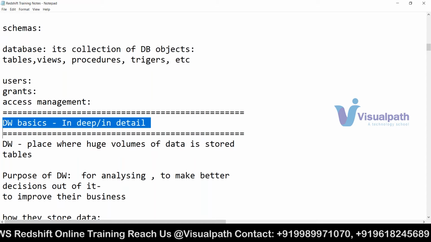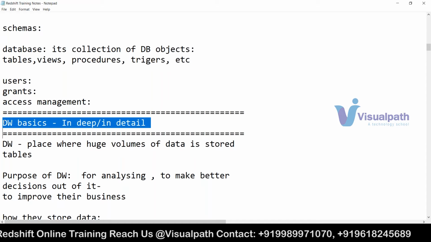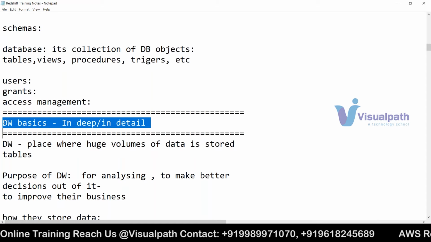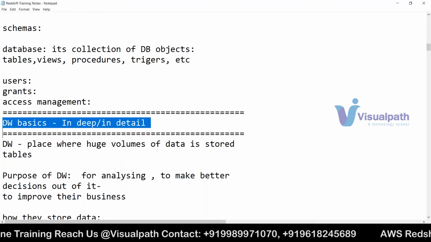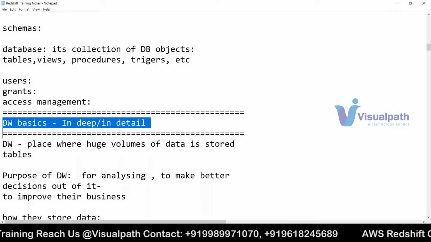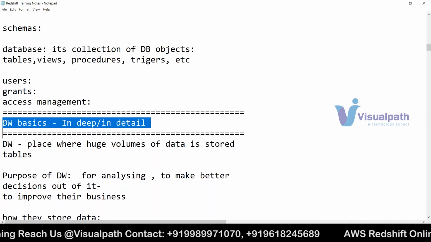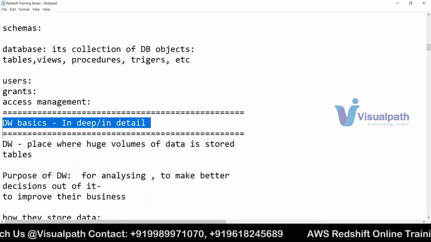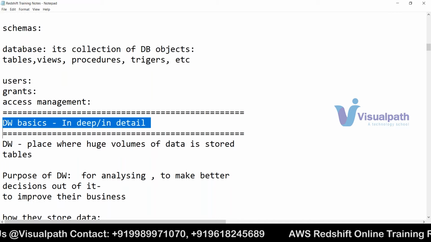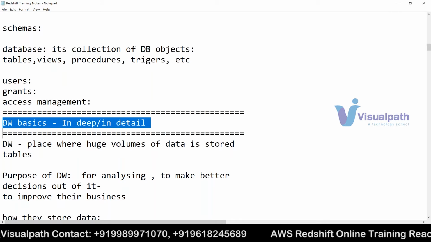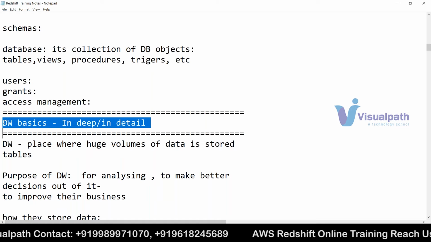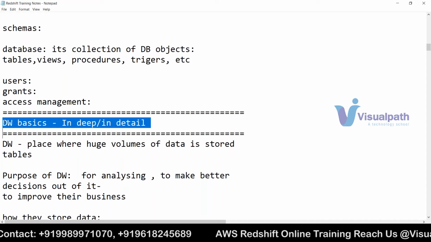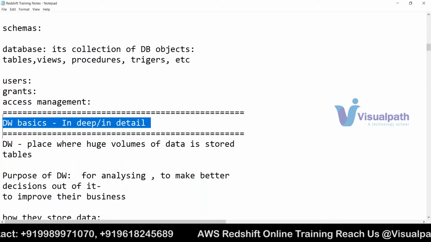Same thing, like I said, if you are using a 120cc bike, and 2 or 3 people, each 100 kg, are riding it, then even if you give the accelerator, it will not go more than a certain speed. If you want high speed, you should have a high cc bike. Similarly, with high load in the system, if you want more speed, then databases are not sufficient. So there is a need for data warehouses.